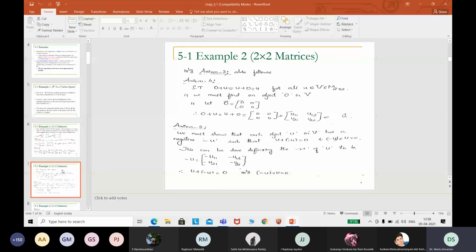I want to find out here the zero vector, which I should add to u, and I should get back u only. So any real entries when added to 0 will give you the same entries, right? That is the reason they have mentioned here all entries are 0, 0, 0. Or what I can do here, I can take u as the entry u11, u12, u21, u22, correct? And I will take another entry as E1.